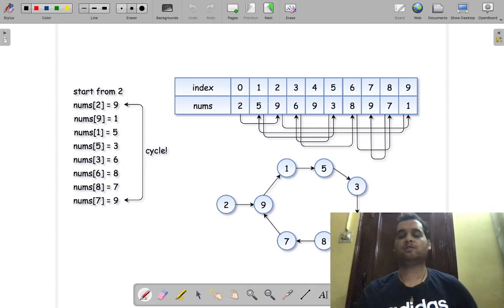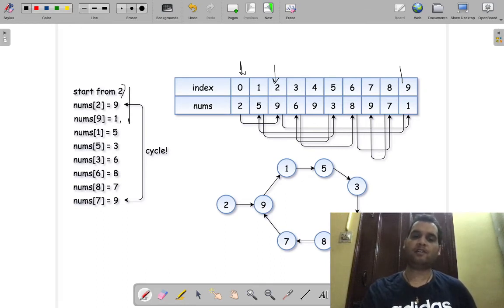We will use the same logic and create a linked list. We will start from 0. At 0 we have 2, so it will be 2. Then at index 2 there is 9, so we take 9. At index 9 there is 1, so 1 comes here. At index 1 there is 5, 5 comes here, and so on. All these 10 elements will be created and 9 will be common at 2 places. If we start plotting it, it will make 2, 9, 1, 5, 3, 6, 8, 7 with a cycle at 9. So this is the first part of our solution, that we have created a linked list with a cycle from the array in which we have to find the duplicate.